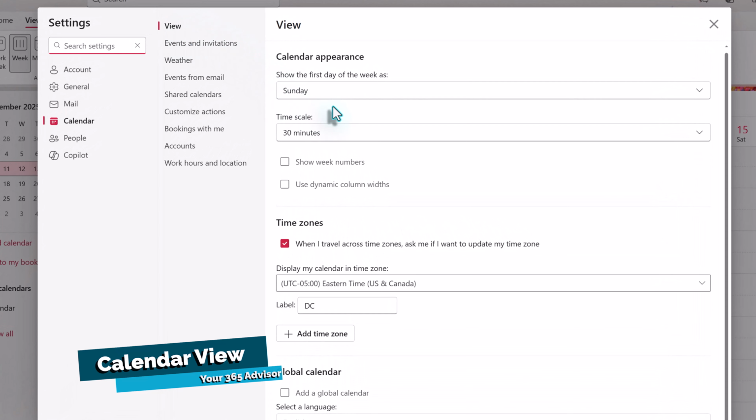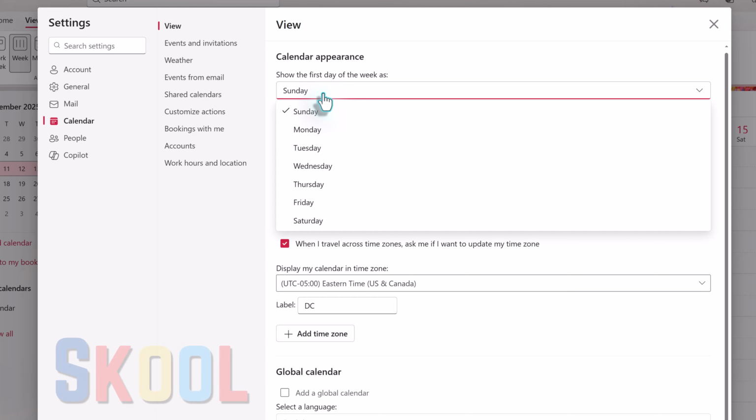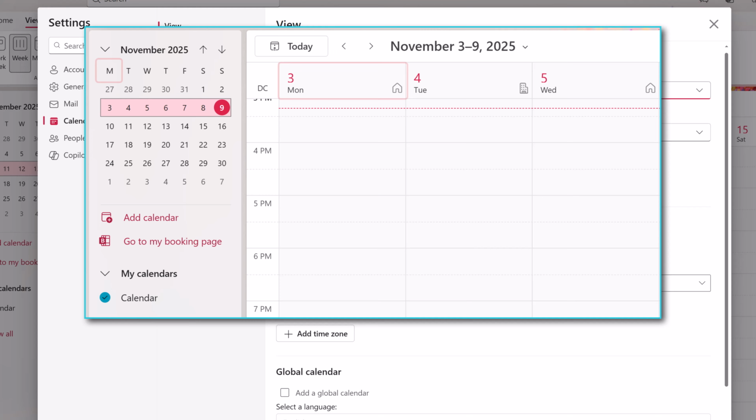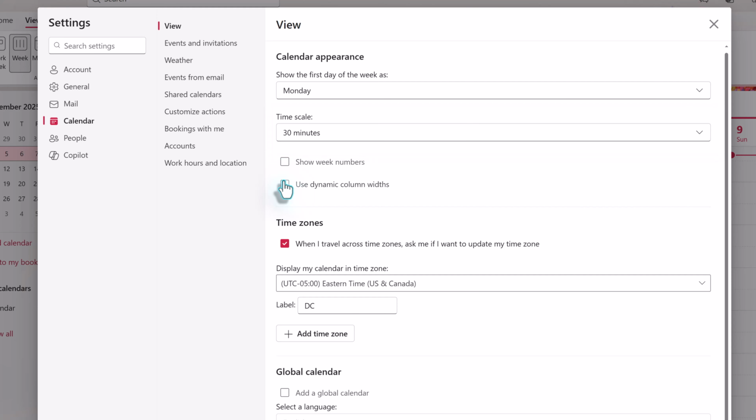Under Calendar Appearance, you can decide which day will be the first one that shows on the week. So for example, in school, their calendar starts on Monday. So I can update this setting so that my Outlook calendar matches my school calendar. The timescale option has the same impact as changing the timescale from the View ribbon as demonstrated in the calendar